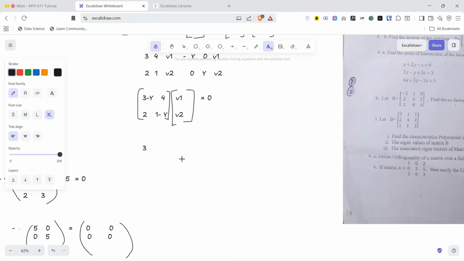That will be 3 minus lambda into 1 minus lambda, then minus